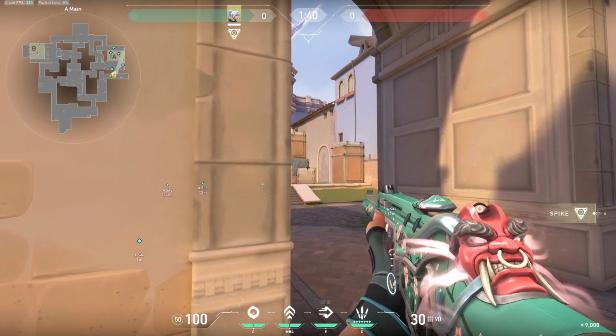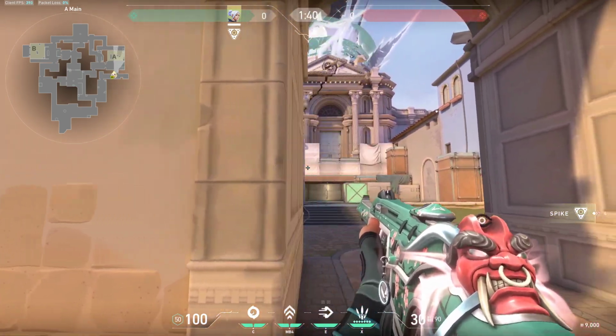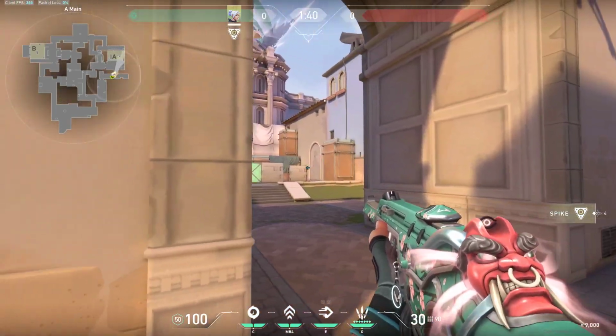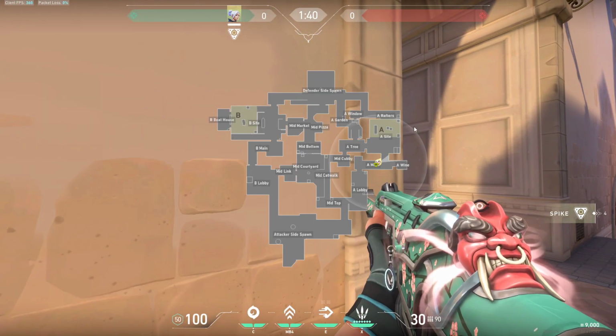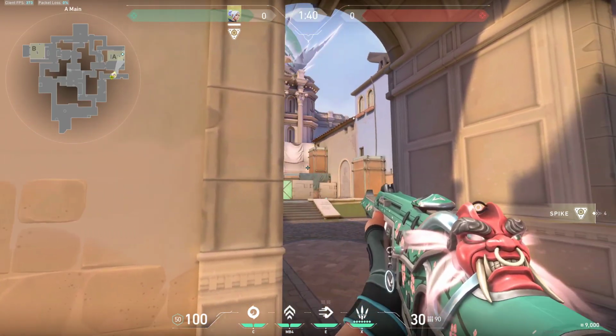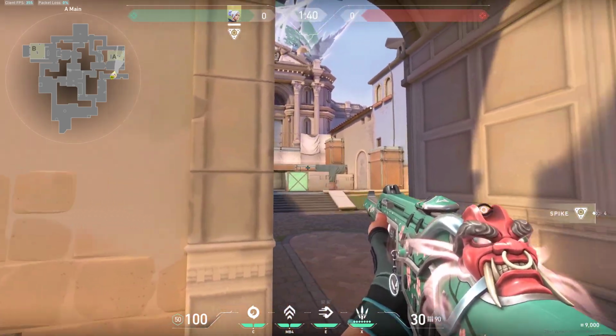So what you want to do is jiggle out slowly, and then make sure you're clearing each spot individually. So for example, here I clear this part of site here just to make sure there's no one there, and then look up at this corner of heaven, look behind these boxes, and notice how I'm not just